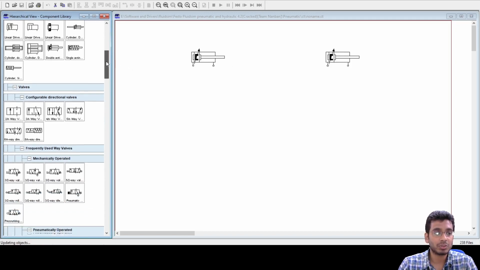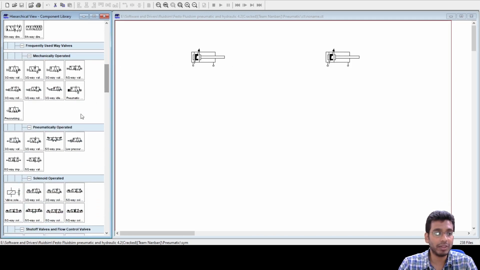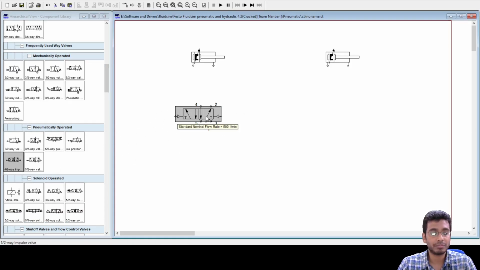Of course you would be requiring a 5/2 valve for both.